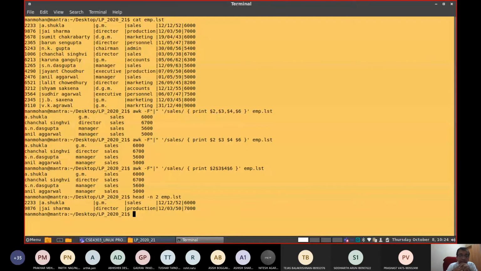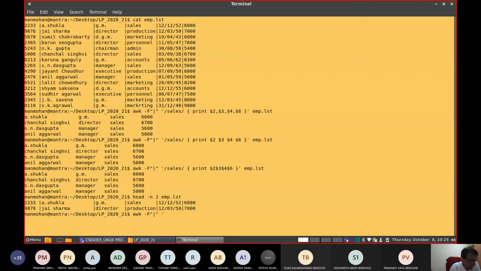Your head or tail command will display either the first 5 lines or last 5 lines, or the first few lines or last few lines. Arbitrarily, you cannot select only the 5th, 6th and 7th lines from a given file, but AWK can do it. How to do that? You can write AWK, once again specifying the filter with the delimiter. Assume your selection criteria is line number 3, 4, 5, 6.